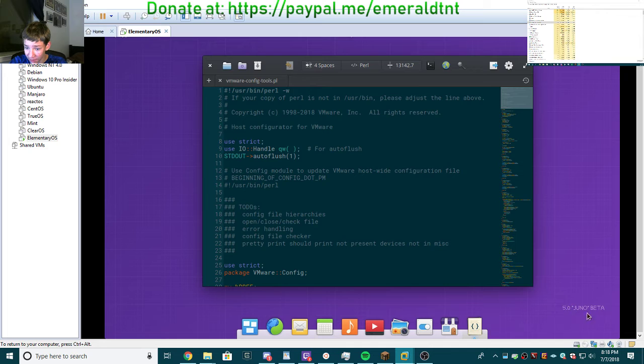Oh, and now you see the full 5.0 Juno beta. But they should move it in more for their smallest display, so it shows up on the smallest display. I don't know how to explain it. Well, hopefully I did a decent job. Anyways,